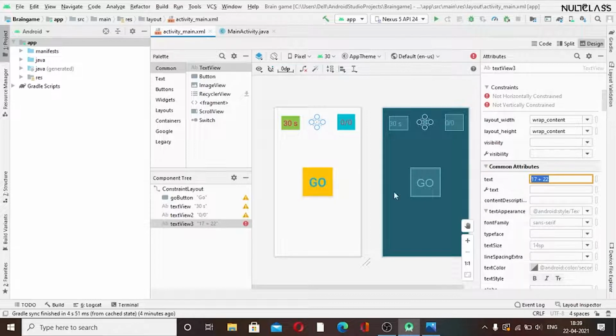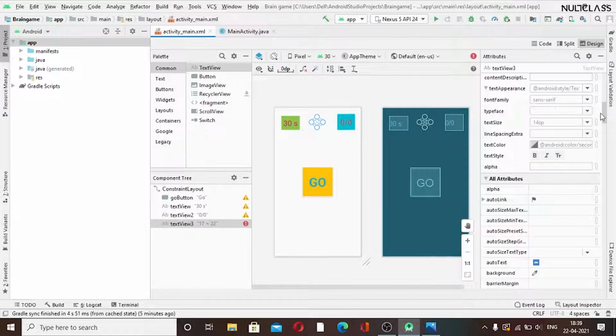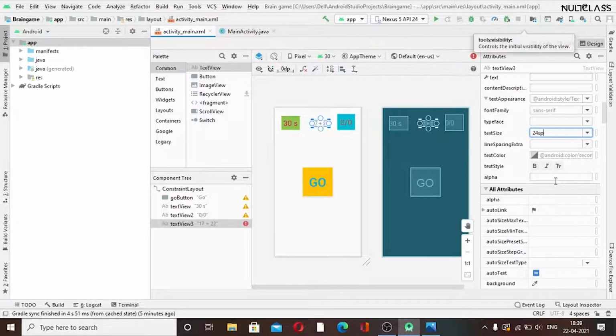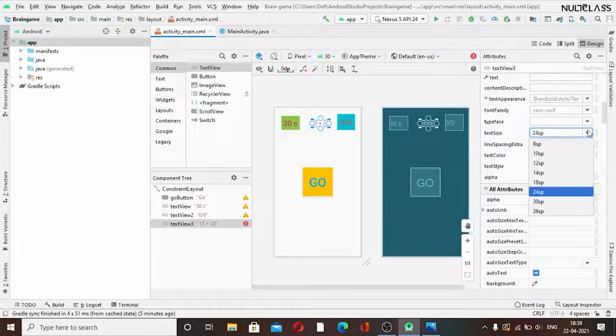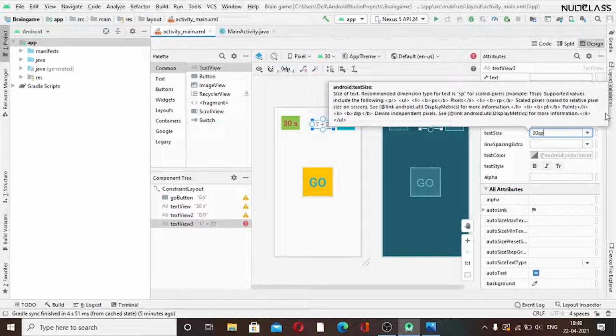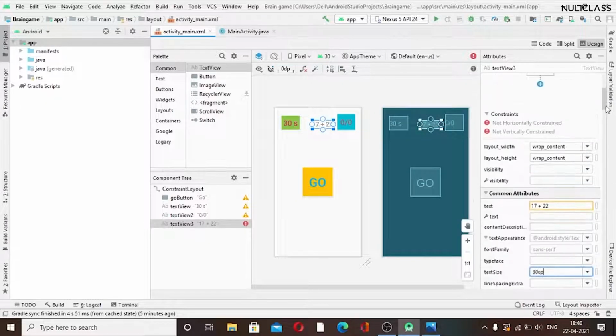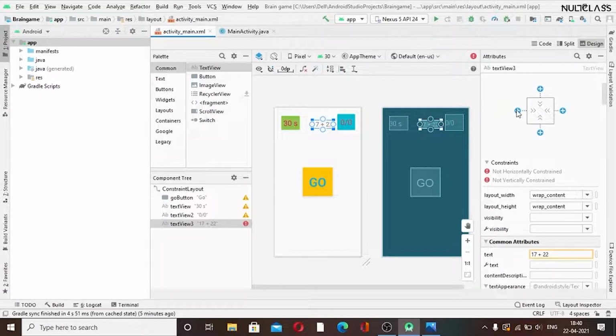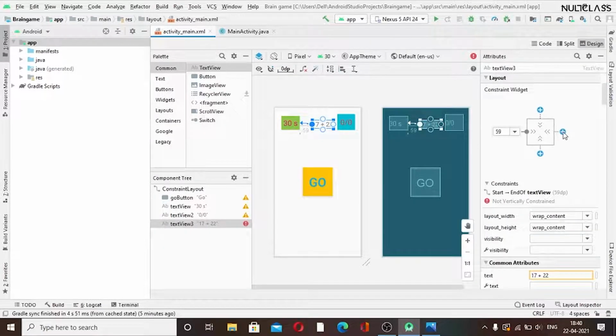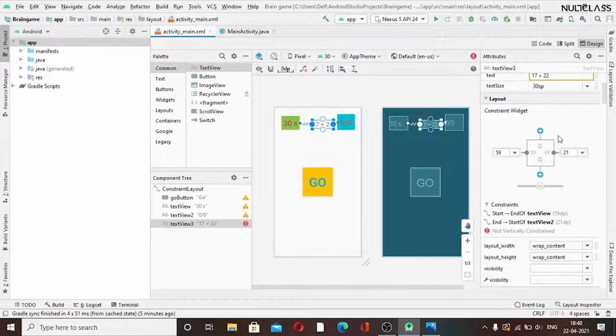I will just write any random calculation so that it shows here. I'll just click on enter to make the changes, and now I will change the text size according to the requirement. I think we can increase its size, yes, this is fine. And now we will set the constraints here. We can set it equally spaced from left and right.